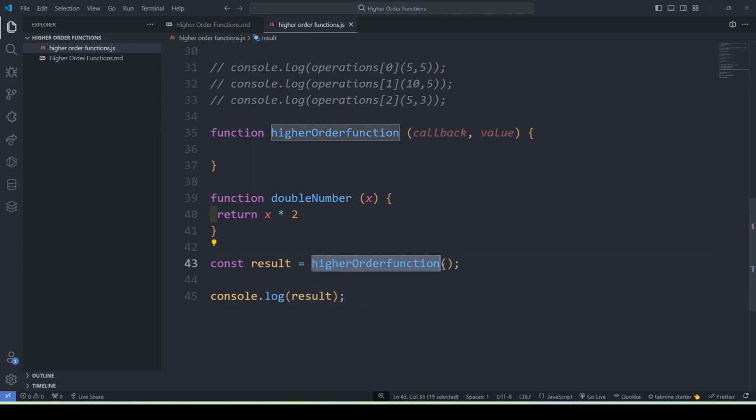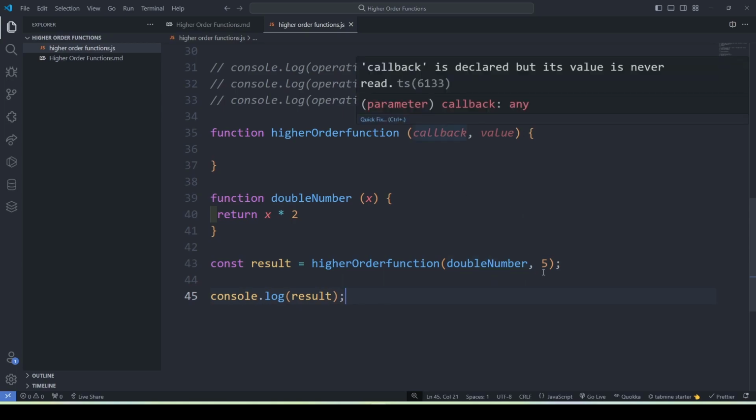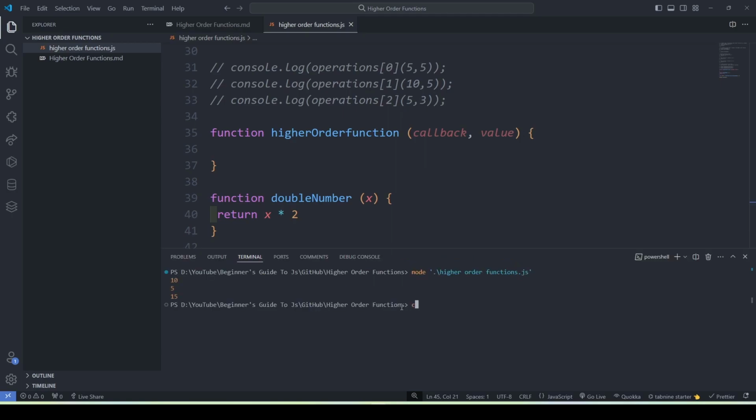So my higher order function is expecting two arguments, a callback function and a value. Now let's give it the two arguments it needs, double number, and then let's give a number 5. So this is the callback function and this is the value. If I console log it, I'm not going to see anything. Undefined, because it is not returning me anything. Now if I return result,